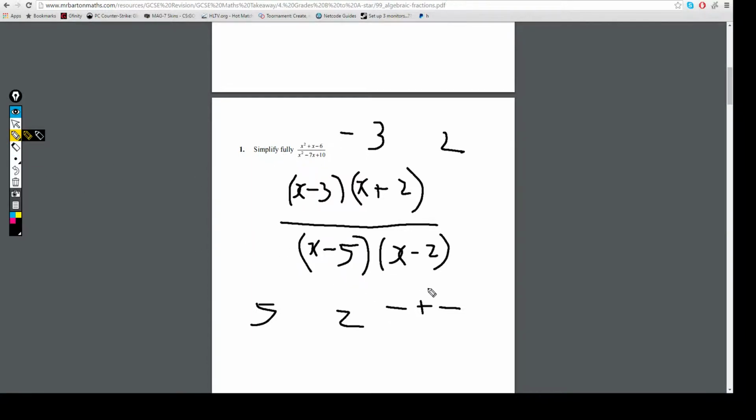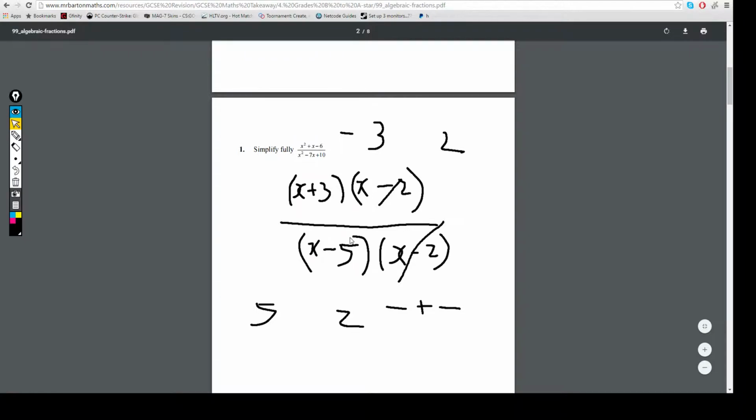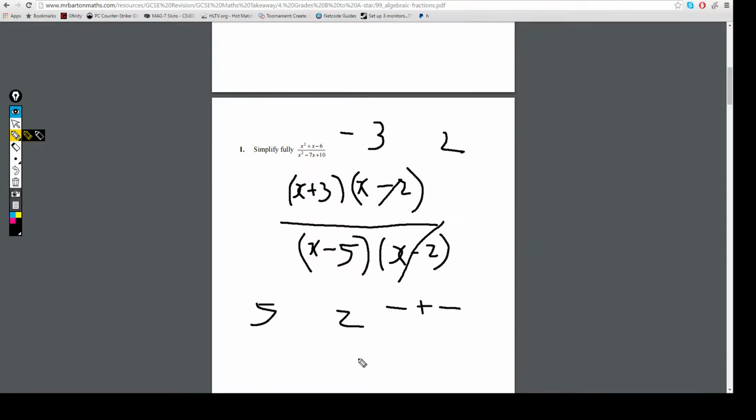So that is that. I've actually just realised I made a very small mistake. They are supposed to be the other way around, I believe. And they will cancel out. Those two will cancel out, meaning that we have these two terms left. So that would be the answer: x plus 3 over